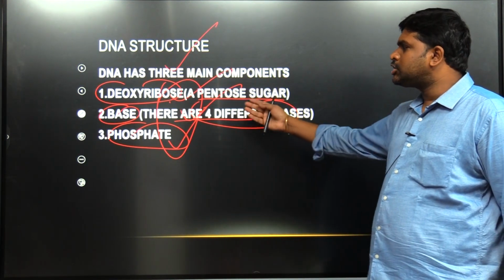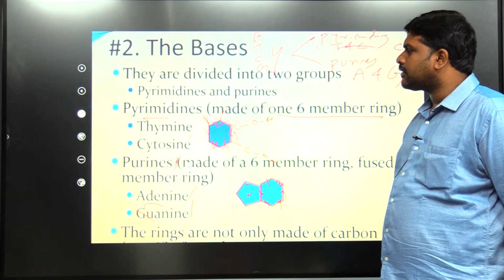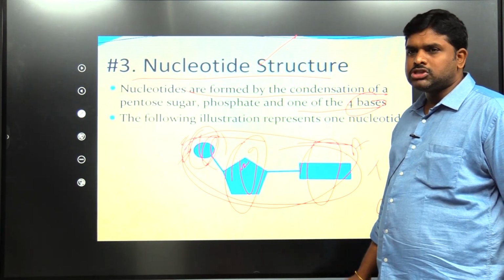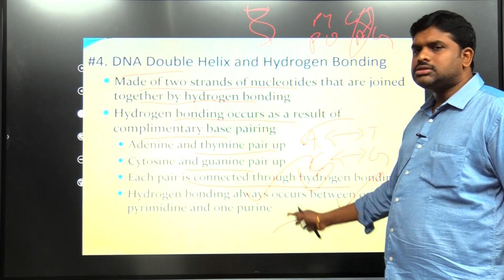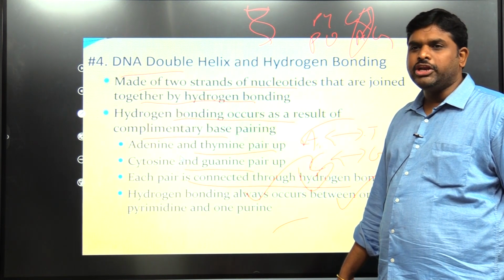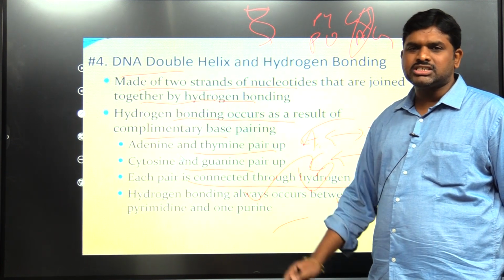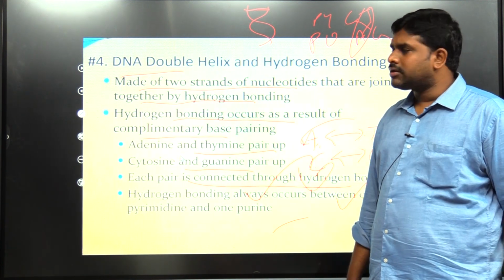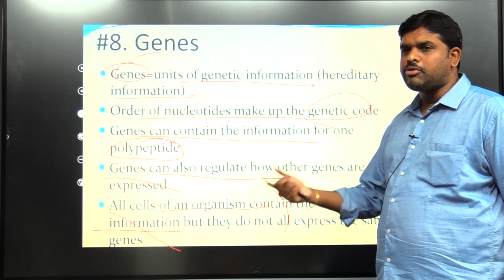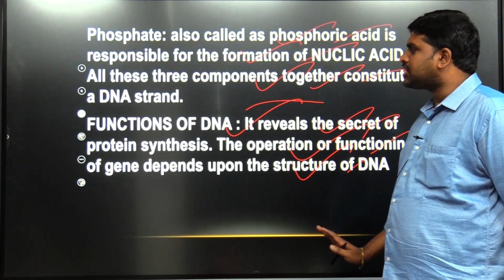A nucleotide is a combination of deoxyribose, nitrogenous base and phosphate. In this way the structure is there. There are pyrimidines and purines, and one will match with another through hydrogen bonds, 2 and 3. The combination of nucleotides forms nucleotide strands, which are called polynucleotides. One polynucleotide strand matches with another polynucleotide strand, and they are anti-parallel to each other. If there is abnormality in DNA, then there will be abnormality at the gene level. This is the summary of the DNA structure.